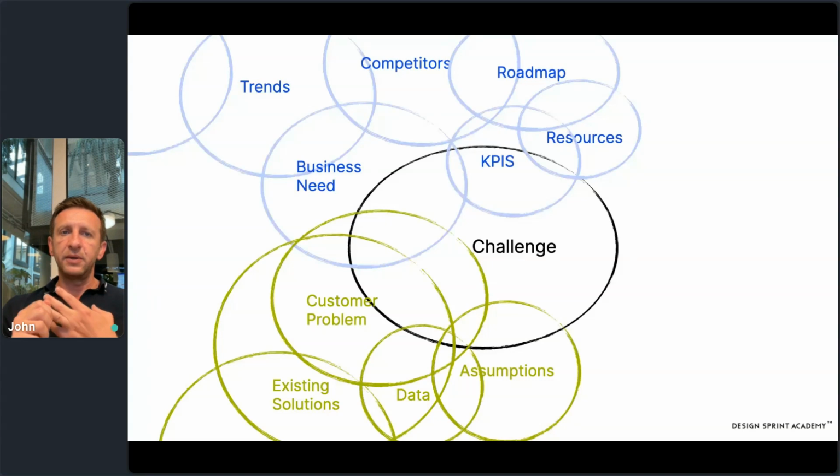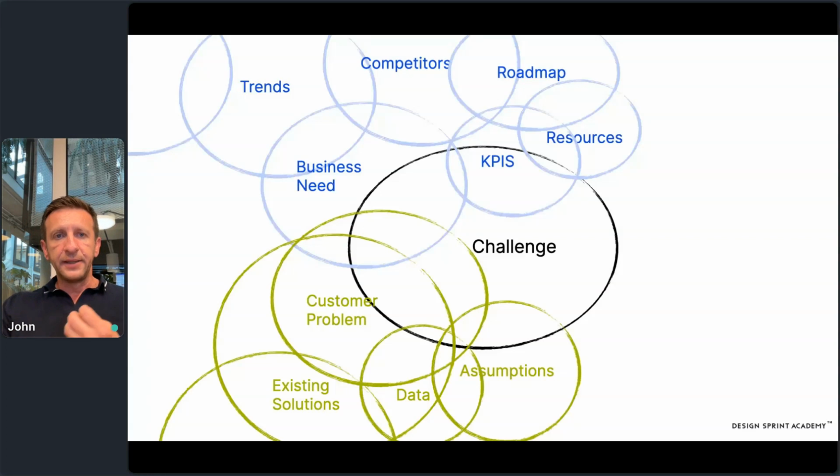You need to factor in trends, your competition, even your product or service roadmap, the resources you have for implementation. So all of these elements need to go into the sprint challenge. But then there's not enough. You also want to consider the customer problems that you're solving, right? Like, why do you do that in the first place? You want to look at existing solutions. You want to leverage research and data you already have. You don't want to work with assumptions as much as possible. So it's all of these things that go into a good design sprint challenge when you're trying to run it